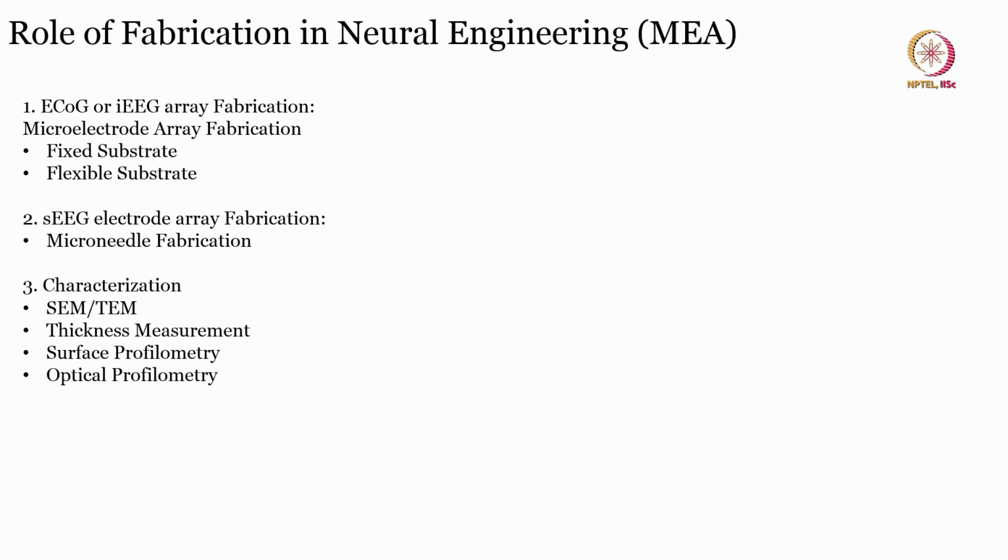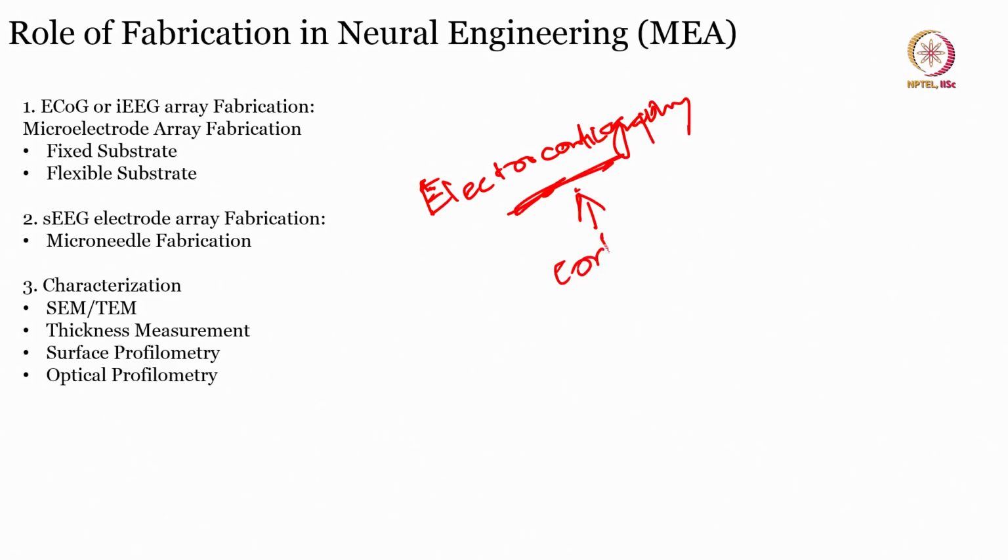Now when I say ECoG, ECoG is electrocorticography. Cortico stands for recording from the cortex. Your brain has an outer region of cortex, and ECoG records your data from the cortex, and this can be done using, as I mentioned, MEA, microelectrode array. Now microelectrode array is nothing but